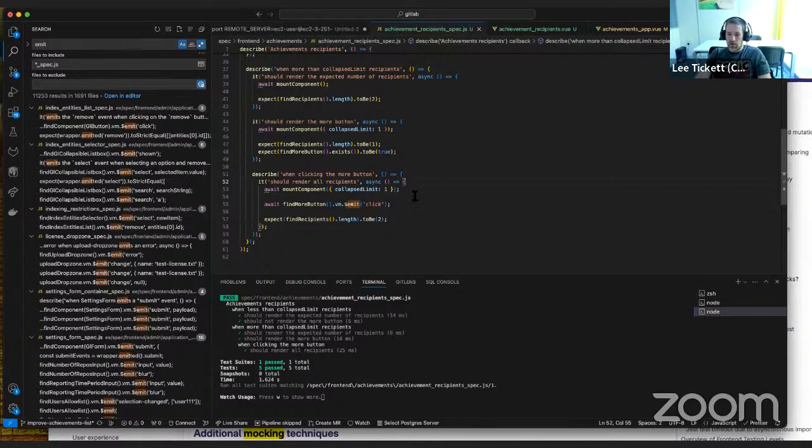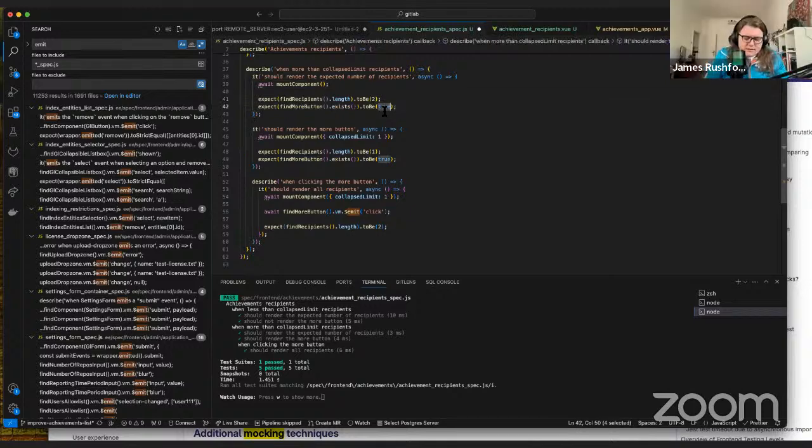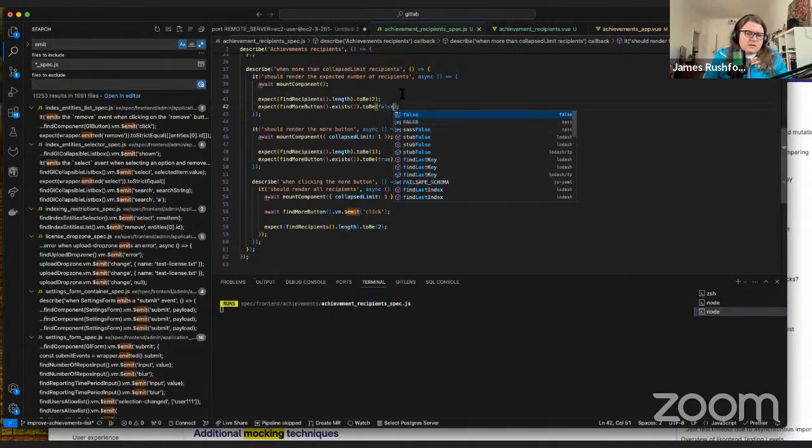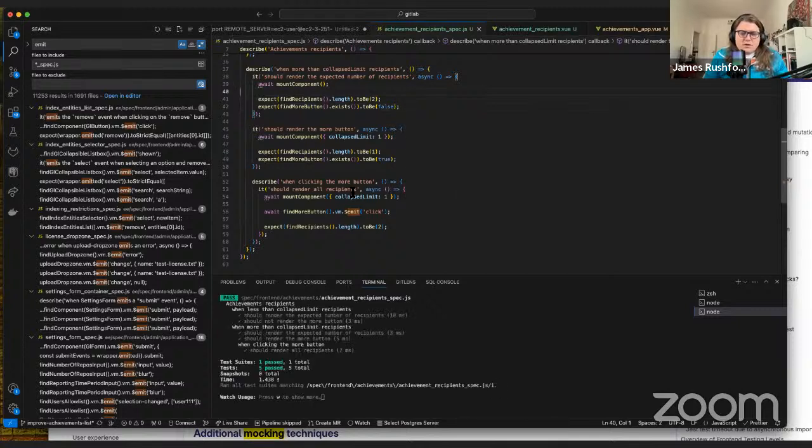So let's just have a look. It looks like we're good actually. With the default collapse limit, it renders both of the recipients. If we override the collapse limit and set it to 1, then it only shows one recipient and it shows the buttons. That makes sense to me, and it works, but it's a bit of a useless prop, right? It should be a constant. Yeah, so I don't love it, but